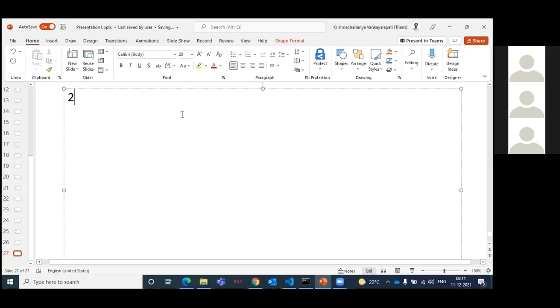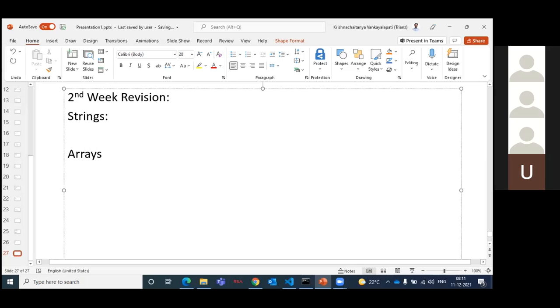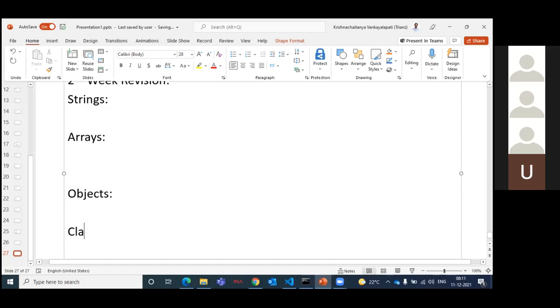So this is the second week revision. In this week, what we have done? We have started with the strings, then arrays, next objects, class, and models.